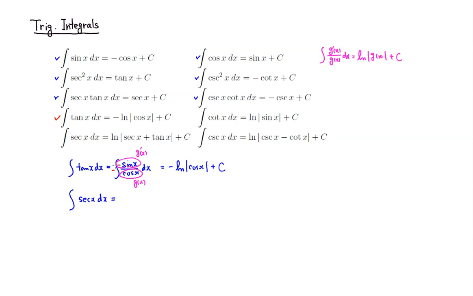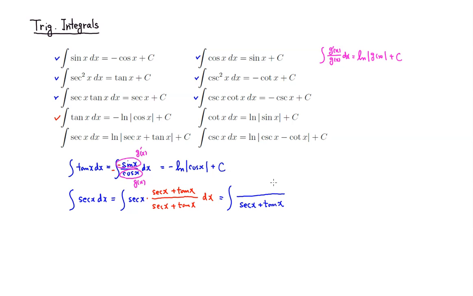what we're going to do is a kind of strange trick: we multiply top and bottom by secant of x plus tangent of x. Since we don't want to change the quantity, we have to do the same thing to the bottom. So this is how it works out. The denominator is secant of x plus tangent of x,